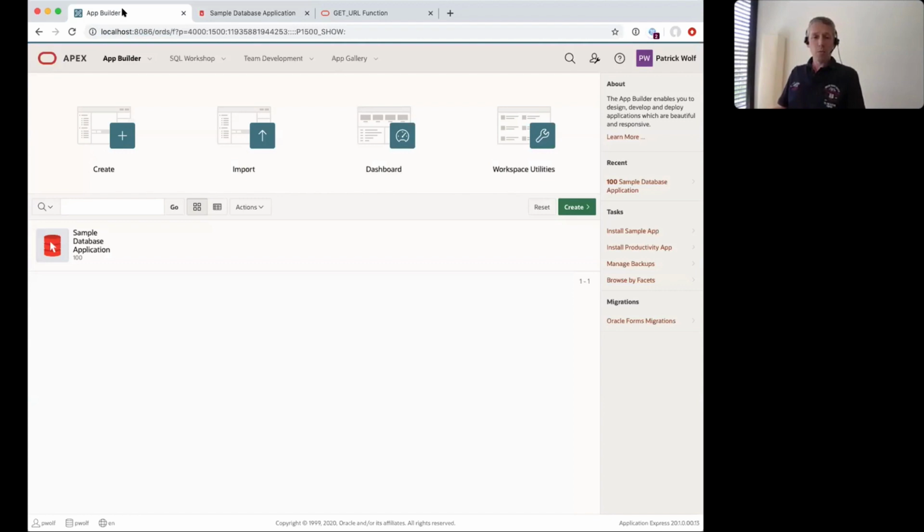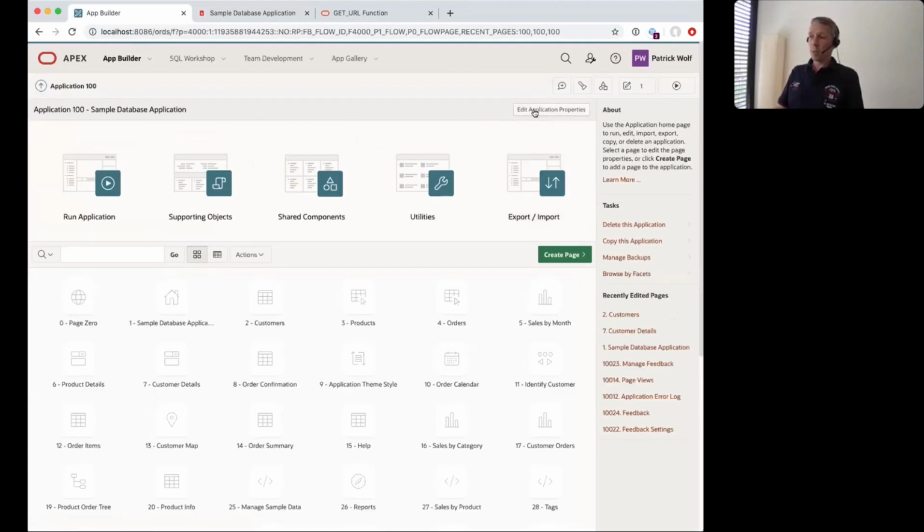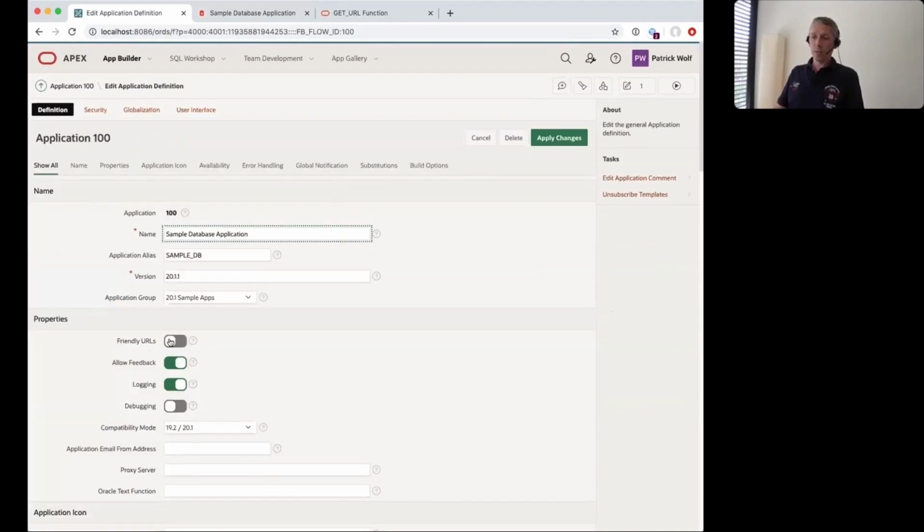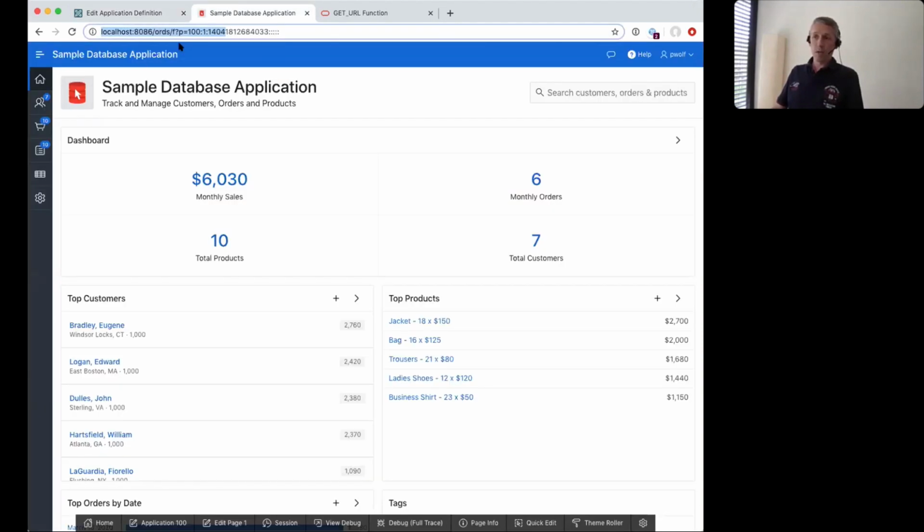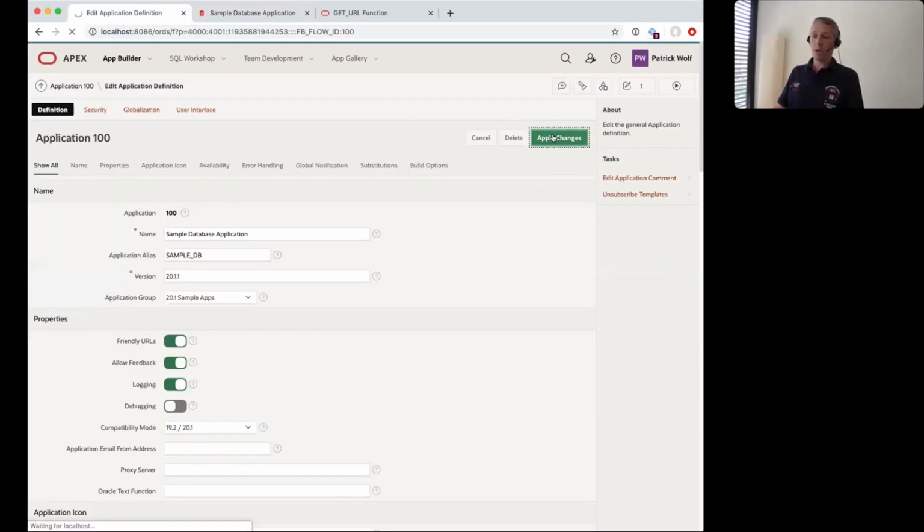Friendly URLs are automatically turned on for new applications if you create one, but you can also easily switch over an existing application to use friendly URLs. And I have here the sample application. If I go into the edit page and in the edit application properties, there is a flag called friendly URLs. The application, what we have seen here before, uses the legacy f?p syntax. And as soon as I apply changes and run the application again,